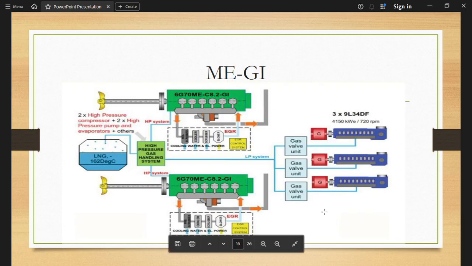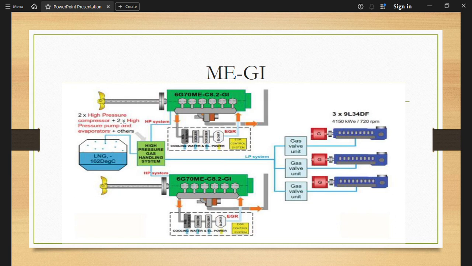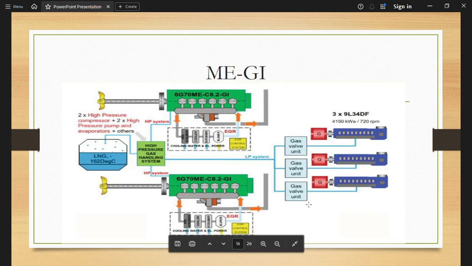They are rotating at 720 rpm, high pressure gas handling system. You can see LNG stored at -162 degrees centigrade, compressor 2 into high pressure pump and evaporators plus others, the HP system, you can see here, and all these things. The gas valve unit we have here is known as the gas valve. So LP is coming here, and then the high pressure system is going to the main engine. You can see here the HP system going to the main engine,